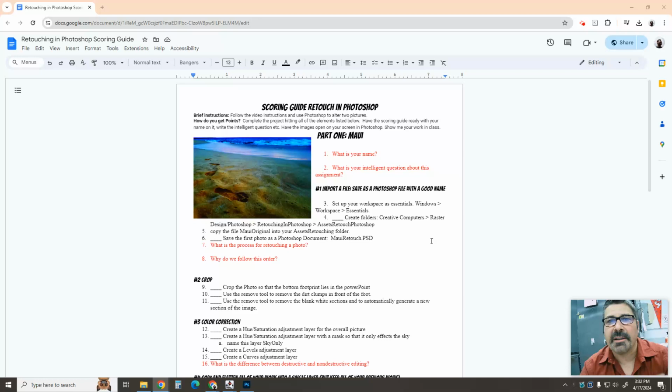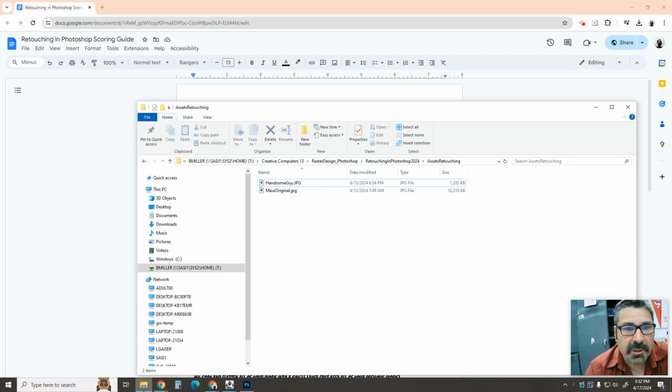Ladies and gentlemen, and raster designers, and anybody who wants to learn how to retouch a photo in Photoshop, we are going to do that. Okay, so answer these quiz questions, and then the next thing we're going to do